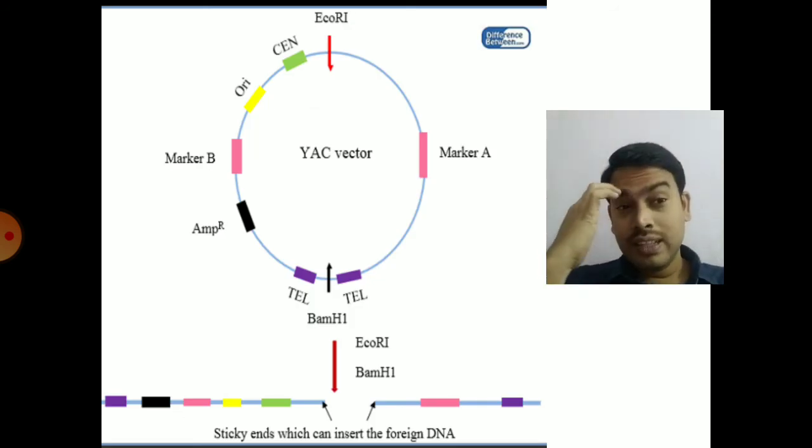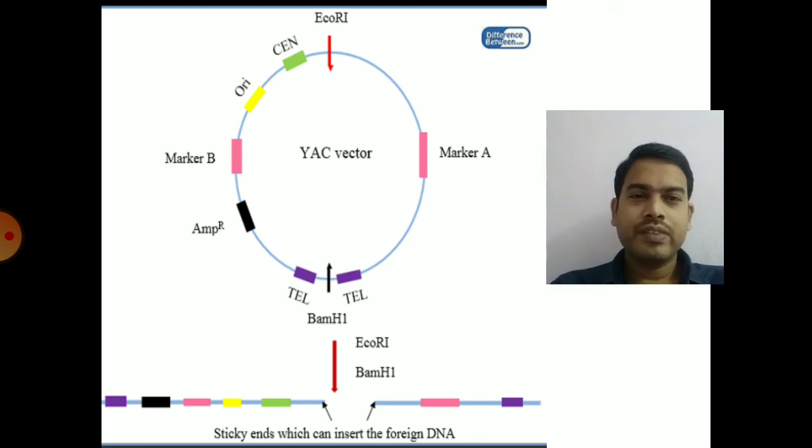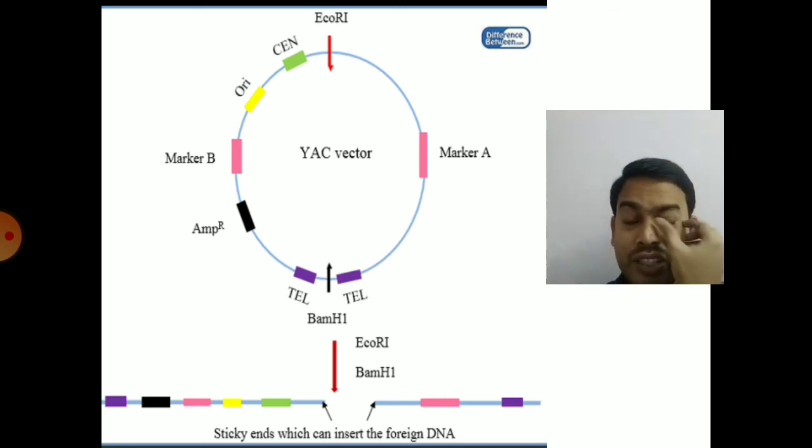So the next one is yeast artificial chromosome. You can clearly see, since yeast is a eukaryotic cell, they contain telomeric regions and centromeric regions in that artificial chromosome. You can clearly see the EcoR1 restriction enzyme site. You can see the origin of replication. So that is in the yeast. Generally this plasmid is used for obtaining multiple copies of your foreign DNA, or sometimes for the expression of your foreign DNA.